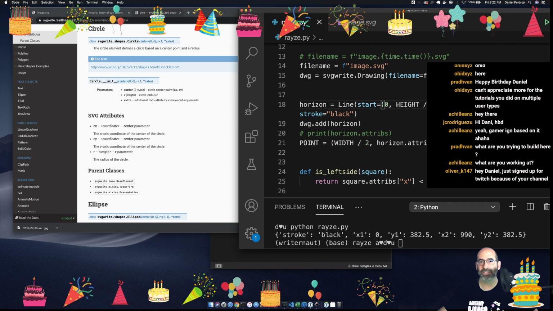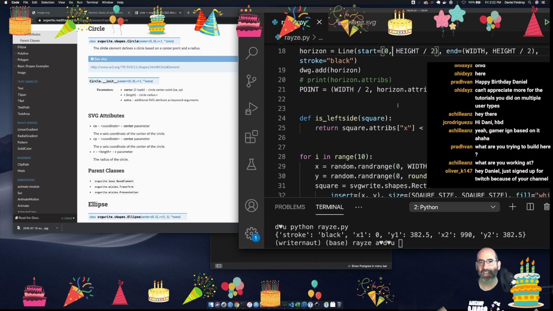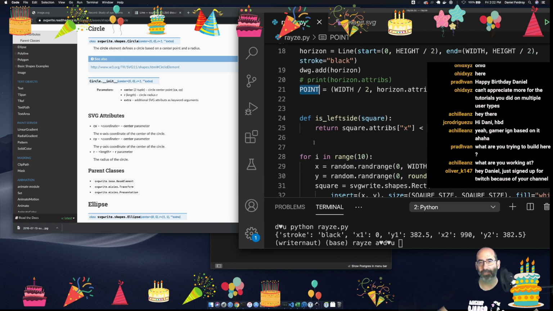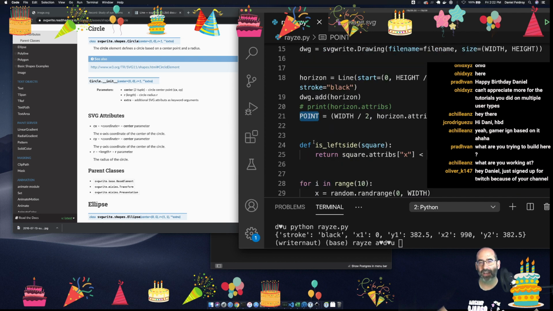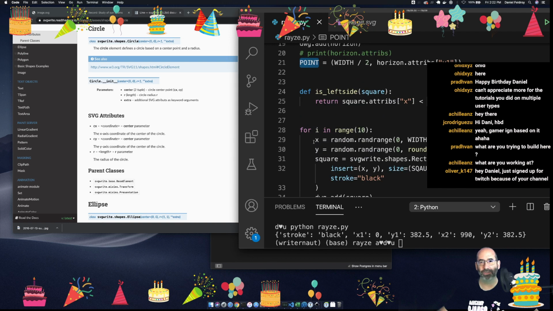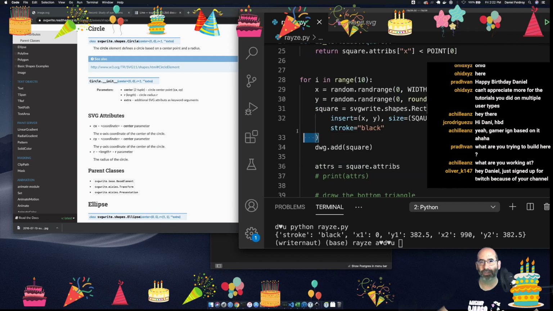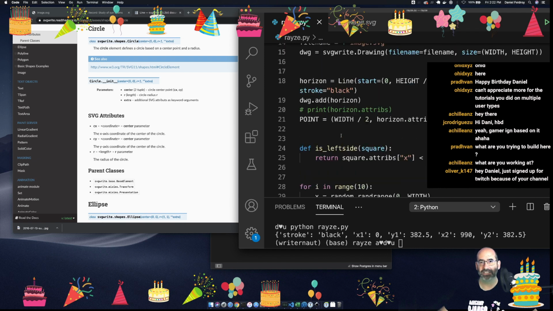So the line happens really early on, and then I wonder if I added the horizon after everything else. So let's move this down. Oh, horizon. Okay, so this is the point at which it happens. So I have to think this one through. If I do, let's add a circle right in the center of things and see what happens. So circle,